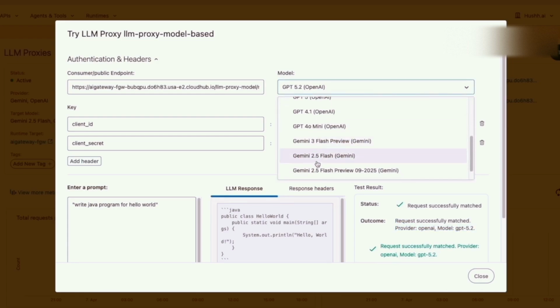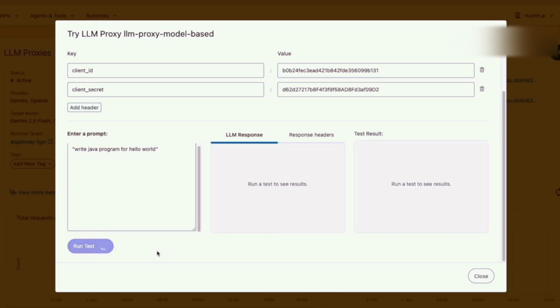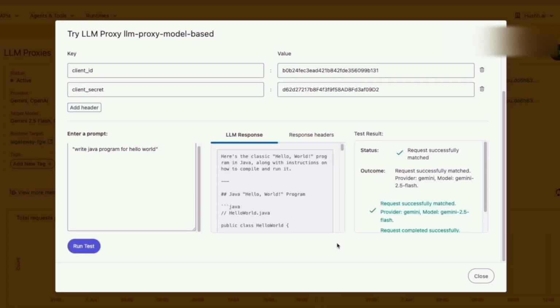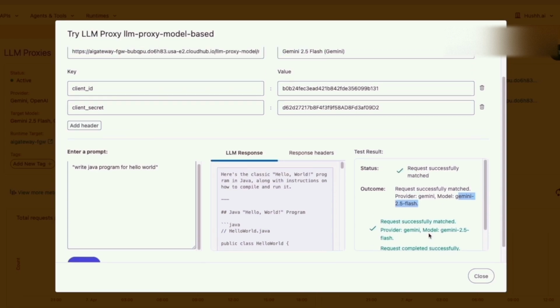Now I'll change my model. Okay, and we'll go ahead and say run a test. So properly you can see Gemini 2.5 Flash was used to